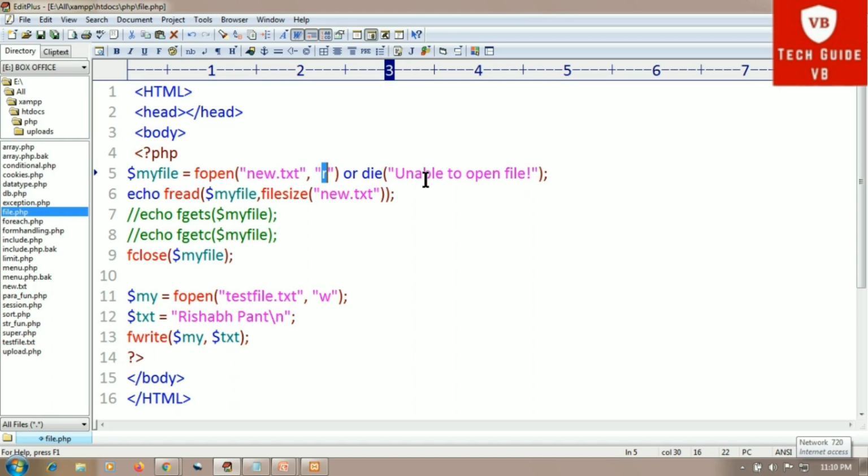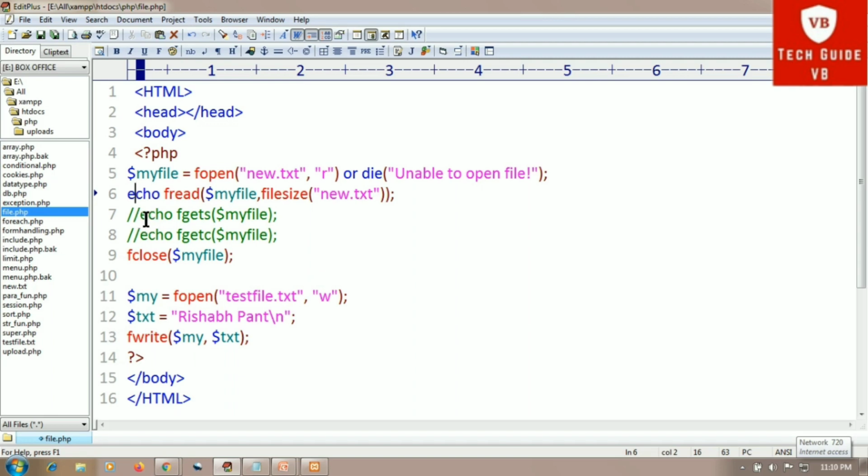If that file is unable to open, then the message will be given that unable to open file. So echo fread, then after opening, reading the file must be there. For that, the fread function is used, which contains the first parameter as $myfile and the second as the file size.